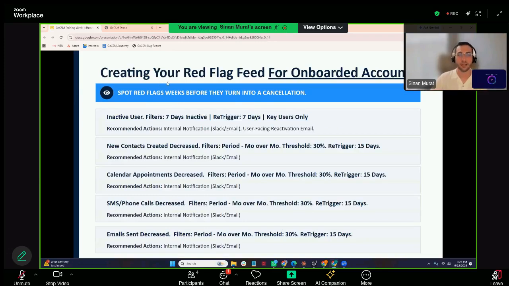And then creating your red flag feed for onboarded accounts. So they're past the onboarding process and you want to catch red flags from that point on. So I have 5 recommendations on here. The first one is very obvious, if they're not logging in. So if they haven't logged in for 7 days, trigger an internal notification and highly recommend a user-facing reactivation email